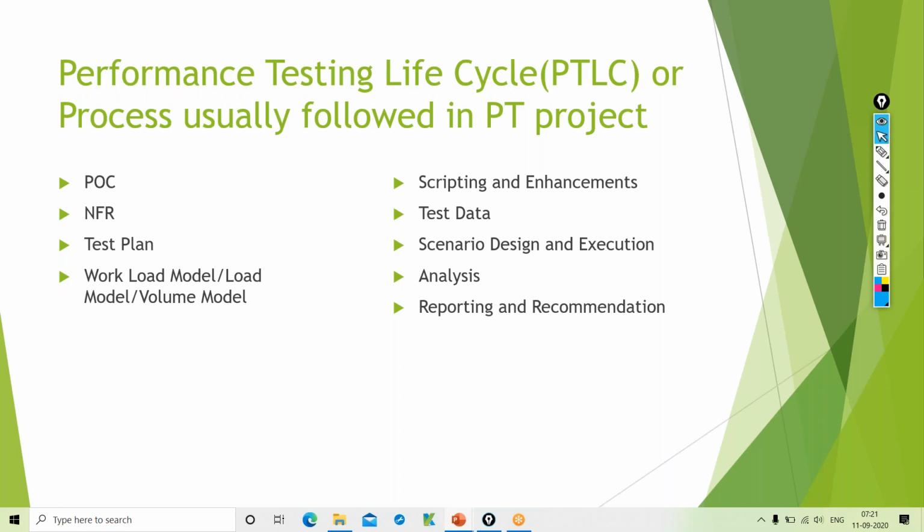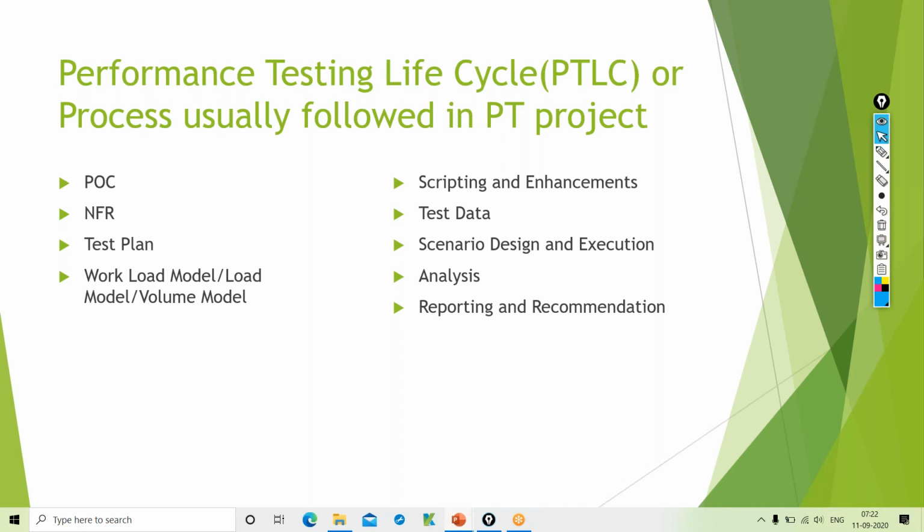Okay, what kind of application it is, which technology they used to develop the application, and which communication mechanism they used to develop this application. When I say communication mechanism, I mean what protocol they used. You will also analyze the complexity of the application, right? So as part of POC, you will do all these things. At the same time, we'll also try to identify which tool is compatible for the application.